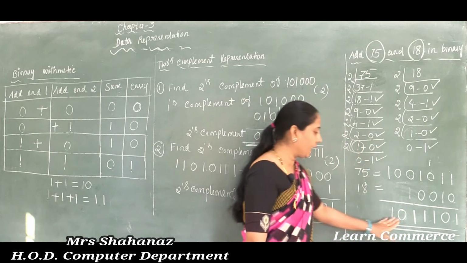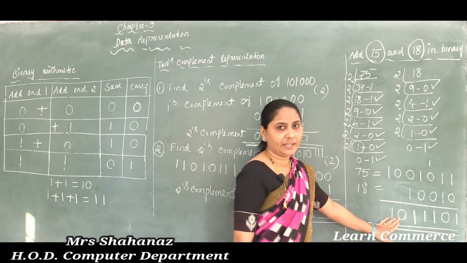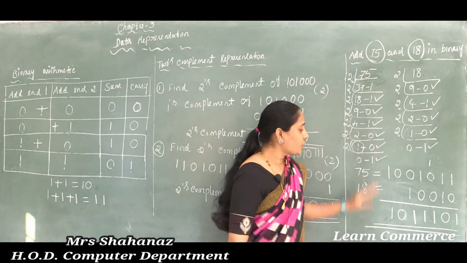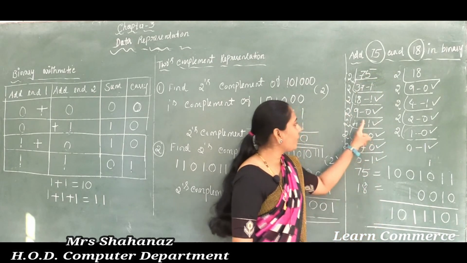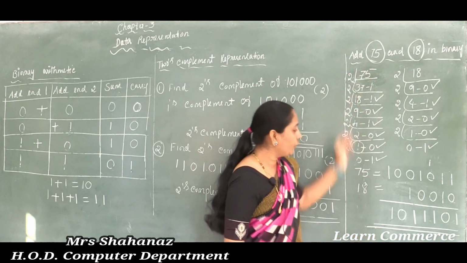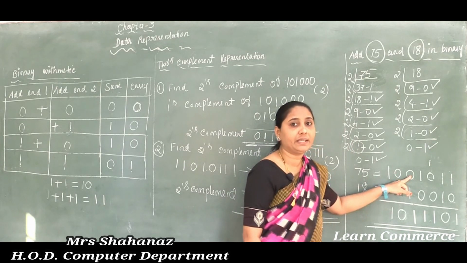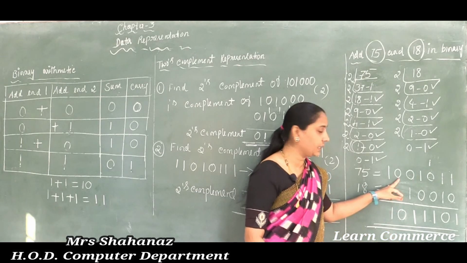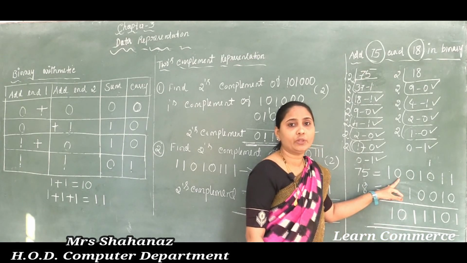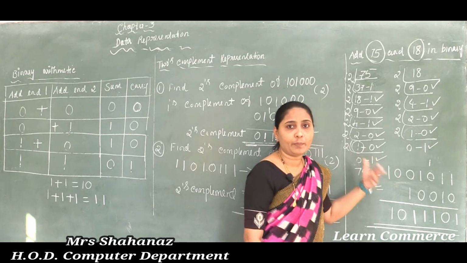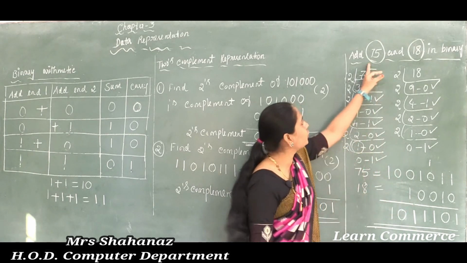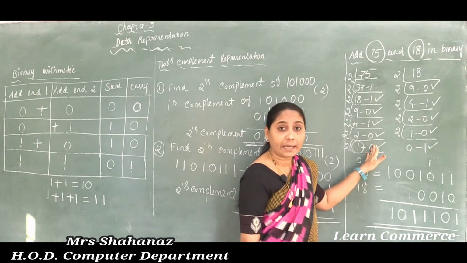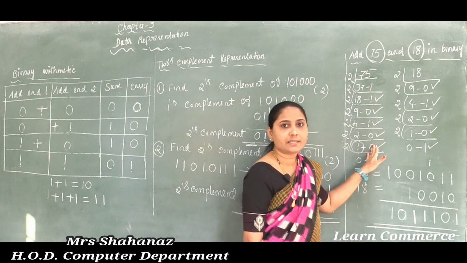So like that we can do the binary addition of the numbers 75 and 18 in binary. So clear to everyone how I completed? First of all we need to divide. Maybe if you get the numbers directly in binary, you can do the addition directly, no problem. If you did not get the number directly, you need to divide that number by 2. Okay, and after that you will get the MSB level as well as the LSB level.